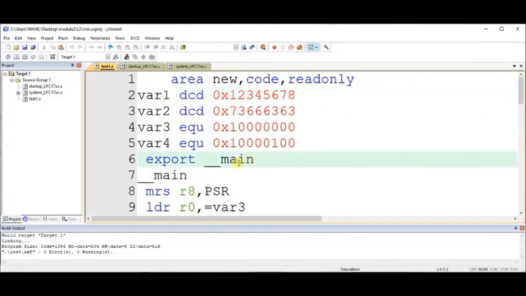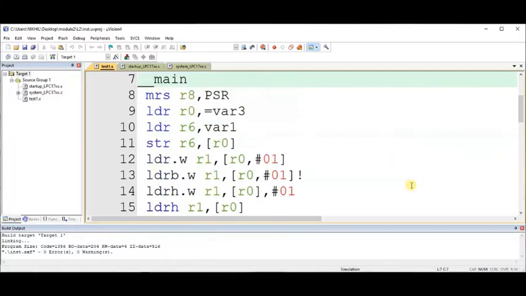This one is the supporting label. From here it will jump to the main label. This we have covered in lecture number 18, where we have seen the interface between C and assembly language. Once you go to main here, the first instruction is MRS. Instruction description I am not going to give here, because already theoretically and with some examples we have covered it in the last few lectures, so please refer to that.